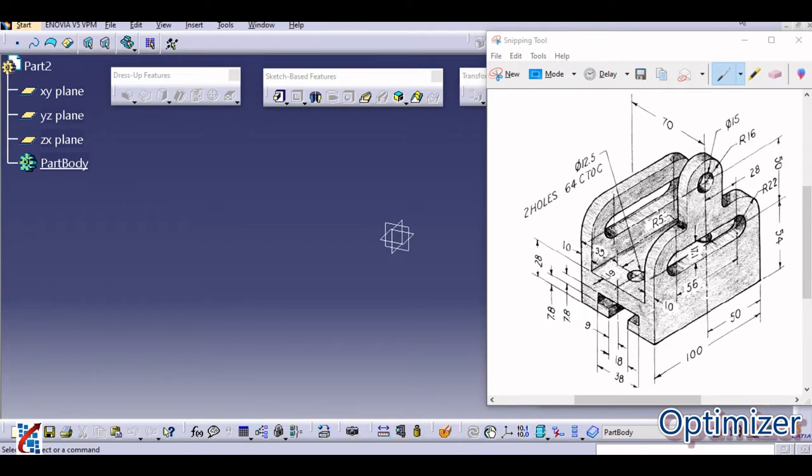So this is the series of part design. Again we have come with a new part, that is the control block. Okay, so if you just see, these are the dimensions of the part. As we have discussed in the earlier video, we need to decide two things. First is how many steps are required to complete that part, and second is from which direction we need to start the model.